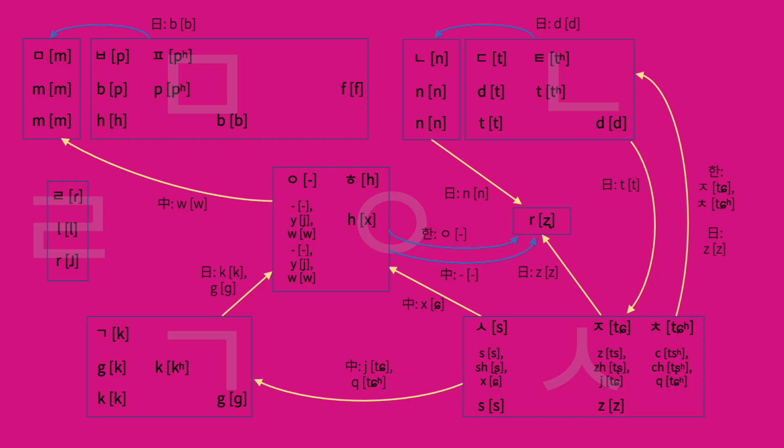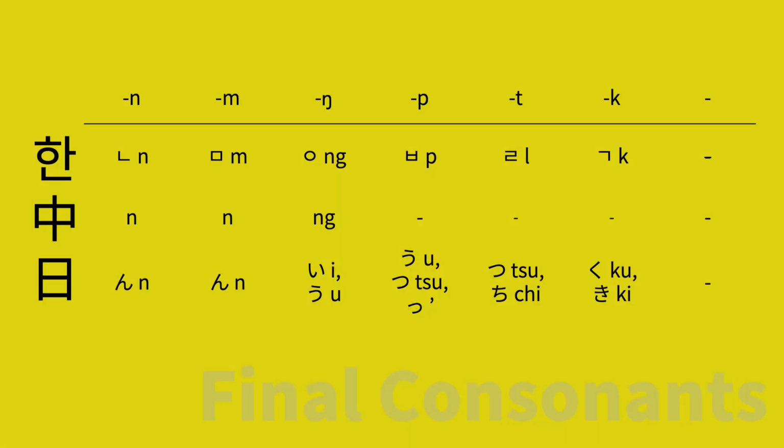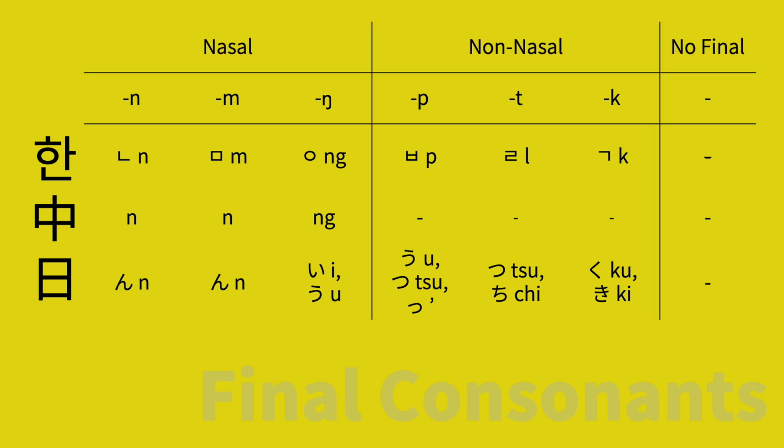For now, let us cover the final consonants. While the final consonants have 7 groups, it is much simpler than the initial consonants. Each group simply corresponds to one final consonant in Middle Chinese. These groups can be divided into 3 types: nasal, non-nasal, and no final consonant at all. The non-nasal consonants only occurred in characters of a specific tone in Middle Chinese, called the entering tone. However, these non-nasal final consonants are entirely unpreserved in Mandarin, and characters in the entering tone could be any of the 4 tones today. This means you are unable to use Mandarin readings to predict non-nasal final consonants in Japanese